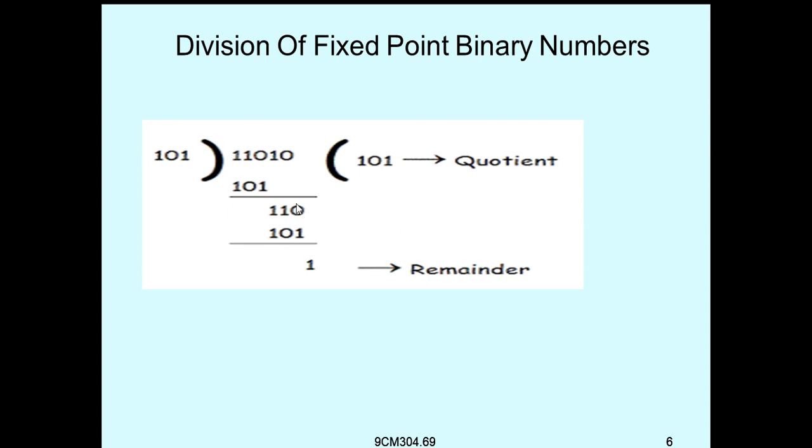So yeah, I told you already: 0 minus 1, so subtraction is 1 and then borrow is 1. So this is the subtraction result: 1 0 minus 1 1, and then borrow is 1, so nothing will be here. 0 minus 0 is 0, 1 minus 1 is 0. So the quotient will be 101 and then the remainder as 1. So this is the way to do the division operation of the two binary numbers.